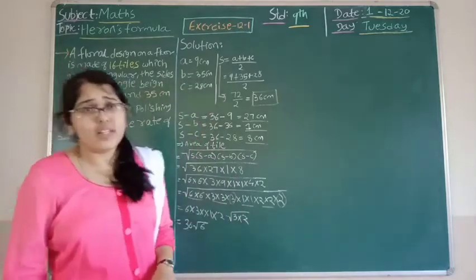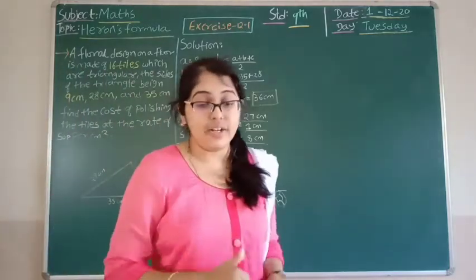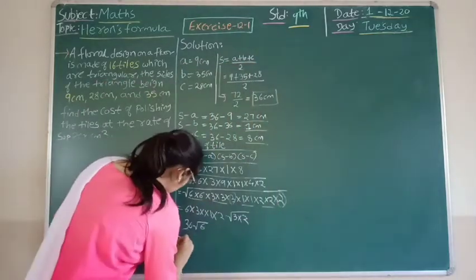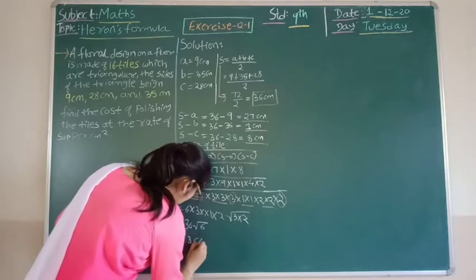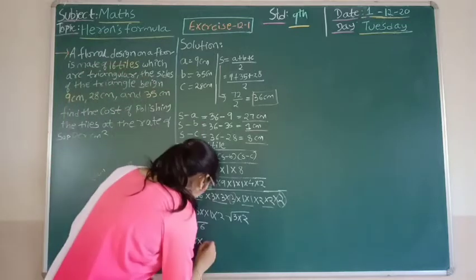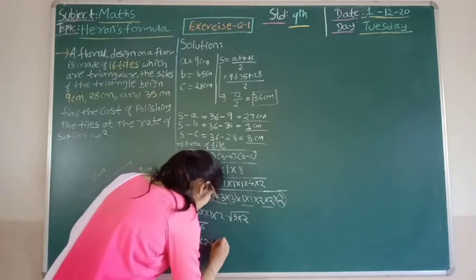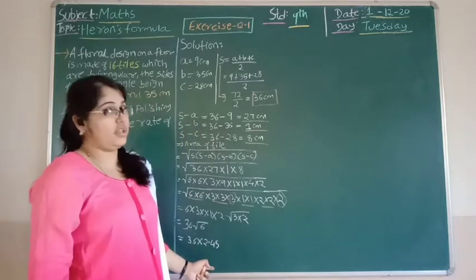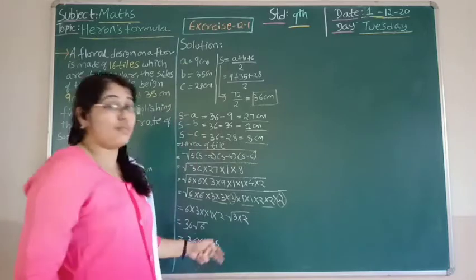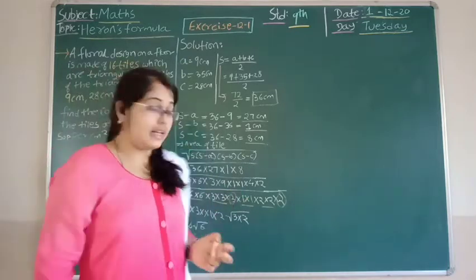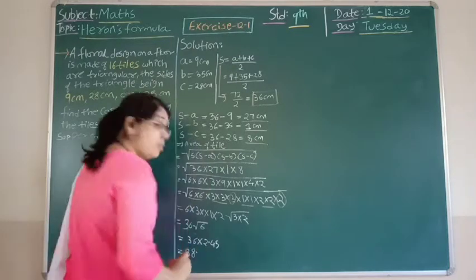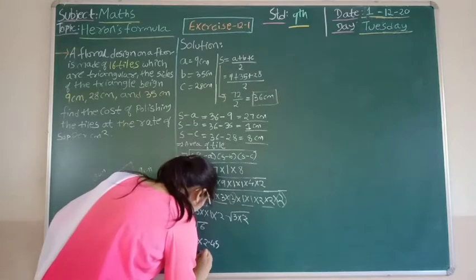Now this is not the end. If I try to find the value of under root 6, what will I get? That is multiplying 36 by the value of under root 6. And the value of under root 6 is 2.45. And again, mark students, the value is approx. It's not the accurate value. So if I multiply 36 by 2.45, I get the answer 88.2